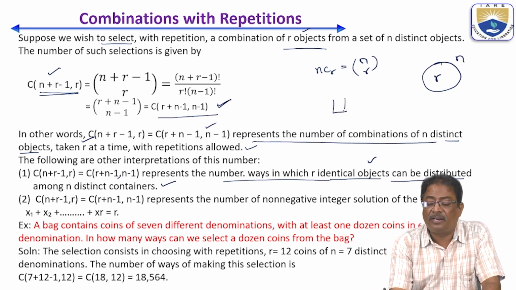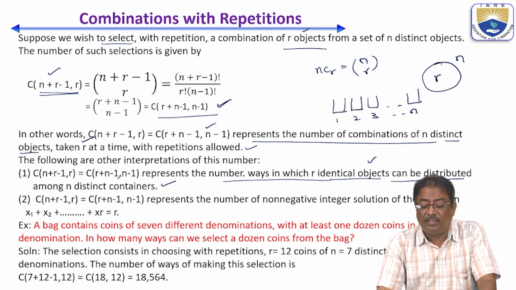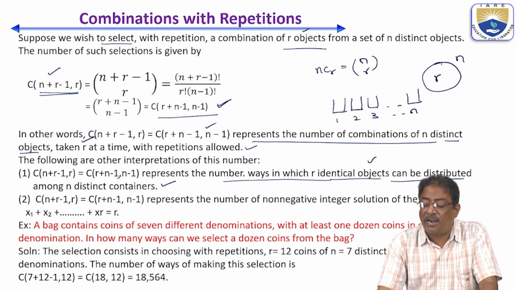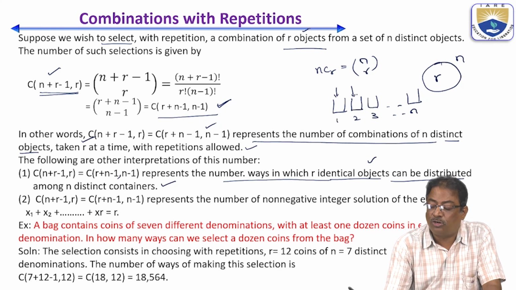So there are n containers: container 1, container 2, container 3, and so on, up to n containers. In these n containers, r identical objects are going to be